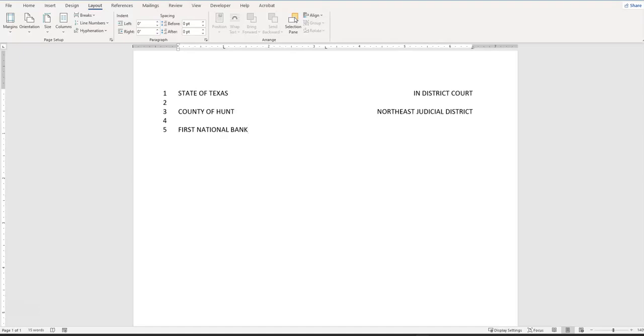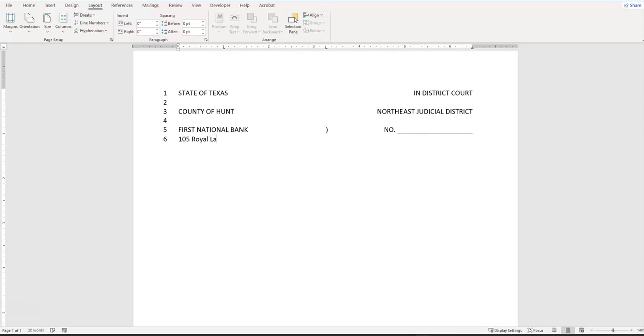Okay, here I'm going to press my tab key 1 time, and then I'm going to type a parentheses. After I type in the parentheses, I'm going to press my tab key once, and I'm going to type in number, period, a space bar, and then 20 underscores. So 1, 2, 3, 4, 5, 6, 7, 8, 9, 10. Once you do that, you'll go ahead and press Enter, and then you can type in